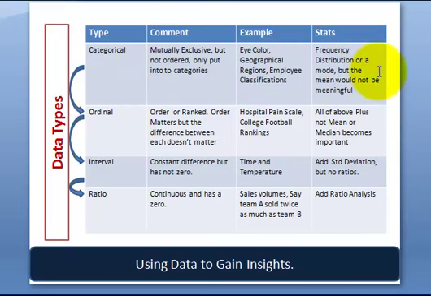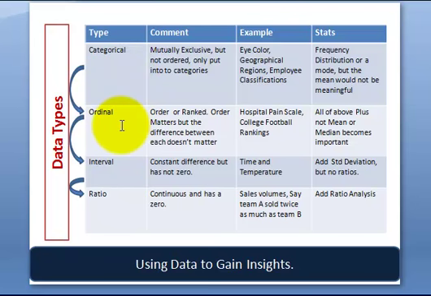Some of them don't mean anything for certain data types. For example, it wouldn't really make a lot of sense to take an average of a categorical type item. Like, we couldn't really say the average eye color of a person in the United States is, I don't know what it would mean. We could do a frequency distribution. We could say what the mode is, the most frequent eye color,